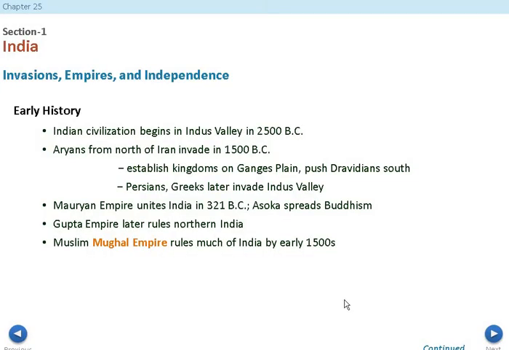Mauryan Empire unites India about 321 BC. Asoka is going to spread Buddhism into this area. The Gupta Empire later rules northern India. The Muslim Mughal Empire is going to reach India by about the 1500s, and this is where you're going to